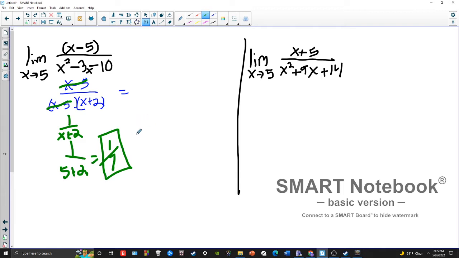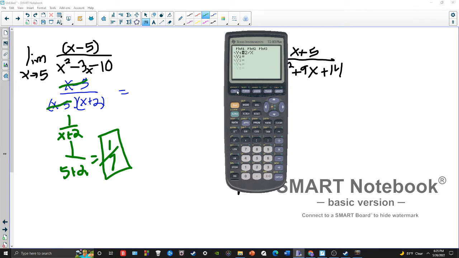Or if you can't, maybe the result is something that you can do a little bit more of a deduction on than 0 over 0. So always check to see if you can factor out the problem first, because that's going to make your problem a lot easier. Again, we can see this on the calculator too. If I do x minus 5 over x squared minus 3x minus 10, and I go to my table,